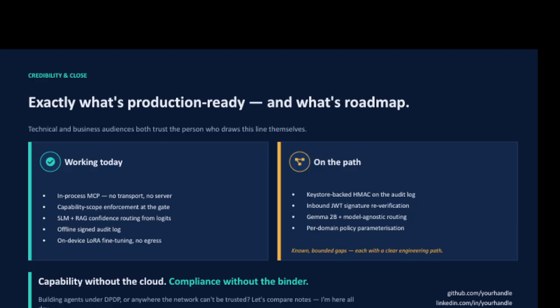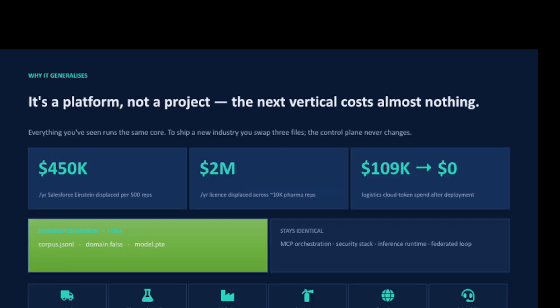Now, moving on to what makes it generalize. We can think of this system as a platform but not as a product. For illustration, we can say it is applicable to 6 different verticals, be it logistics, pharma, oil and gas, emergency services, translation, or sales and customer experience.